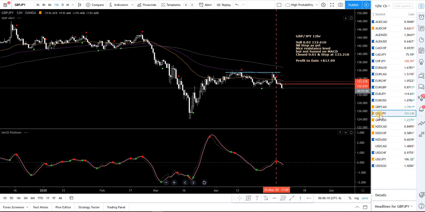Pound yen, again another one, a sell trade. Didn't have much wiggle room. MACD Platinum's just above the zero level when I took it, and that nice push candle down definitely put me through the zero level. So I've closed half. That gave me a profit of $15.75, and that's been added to the list there, and there's a stop in place. So that one,